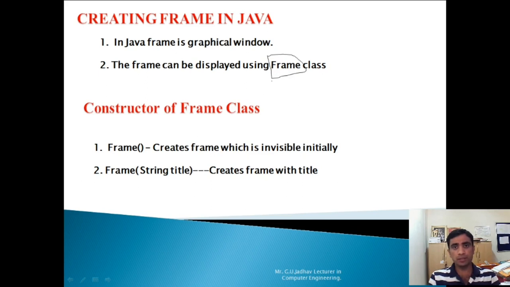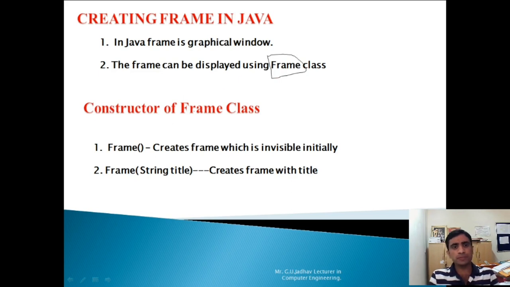This is a class, and it is available in the AWT package, java.awt. That package contains the Frame class, and by using this Frame class we can create a frame.